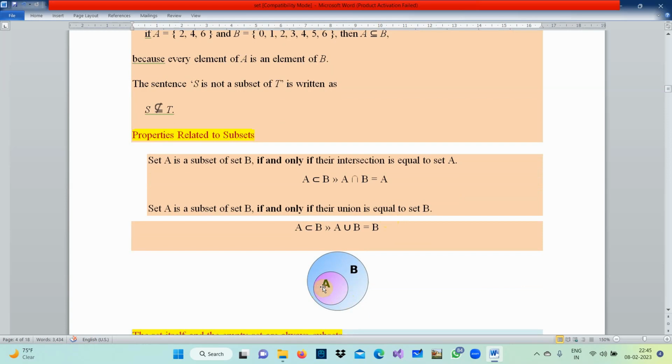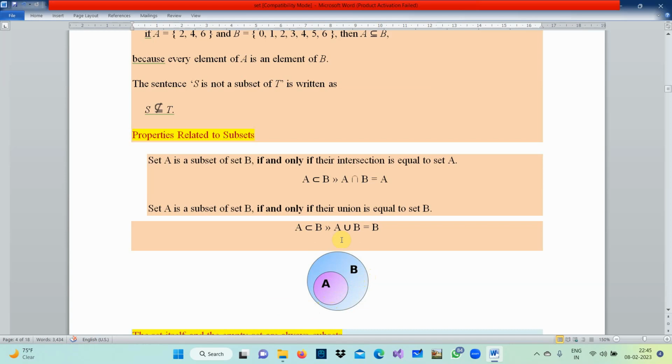You got it now. This A, what is the color you say? I can say the purple color, or somebody can say it is a violet color, and the superset you can see is sky blue, somebody can say light green, light blue, whatever color you give it, that is up to you. I say it is blue and I say it is violet, right? So now all the elements of A, this small circle, are already available in B, the big circle. You got it now? All the elements of A are available in the set B. So in that case I say A is a subset of B.